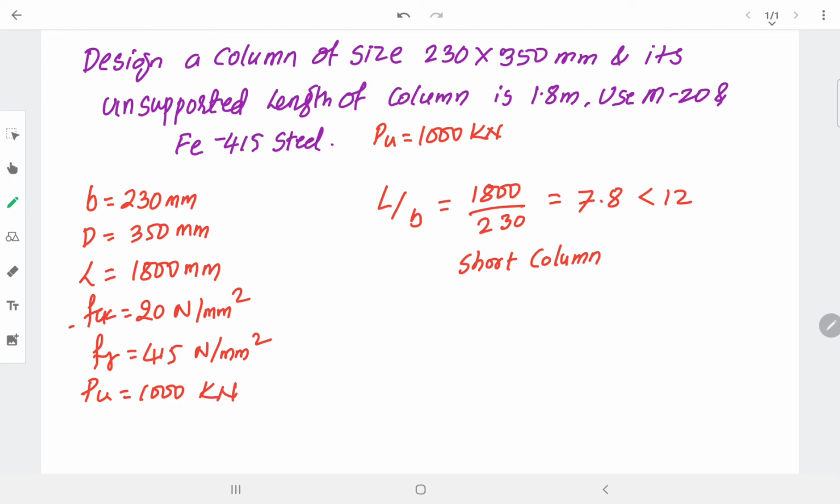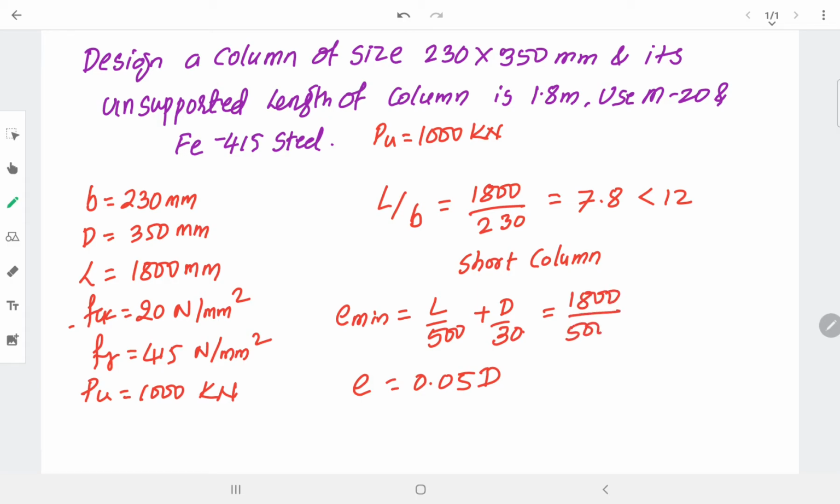Okay, if the L by B ratio of a column is less than 12, it will be treated as a short column. Whereas e minimum value is L by 500 plus D by 30. This value should be less than the allowable e value, that is 0.05 times D. When it is satisfied, then we will be treating this as an axially loaded column or uniaxial column. It is 1800 divided by 500 plus D, which is 350, divided by 30. It will be equal to 15.26